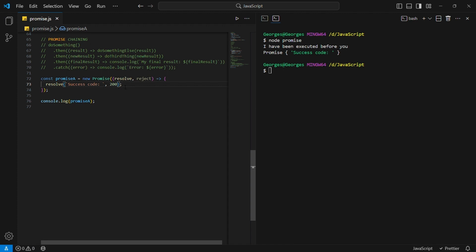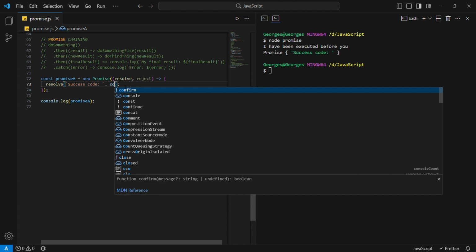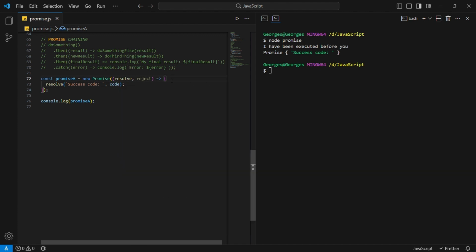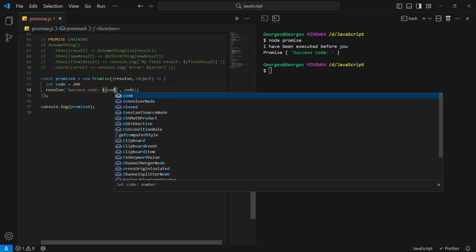I'll just say code, and here you can instantiate that code value. So you can just say let code equals 200, and here you pass in that code. So you say code, yeah,